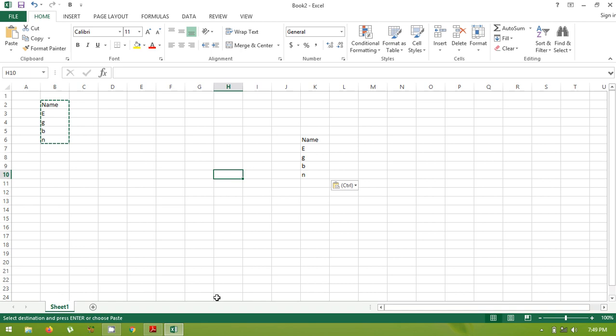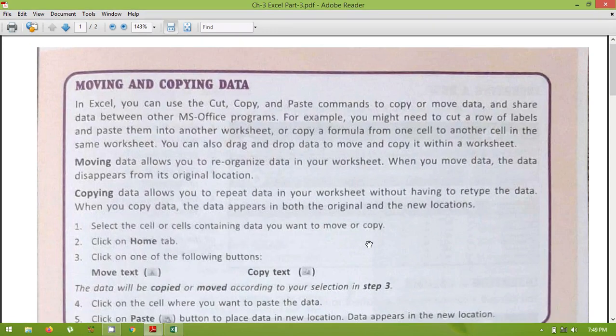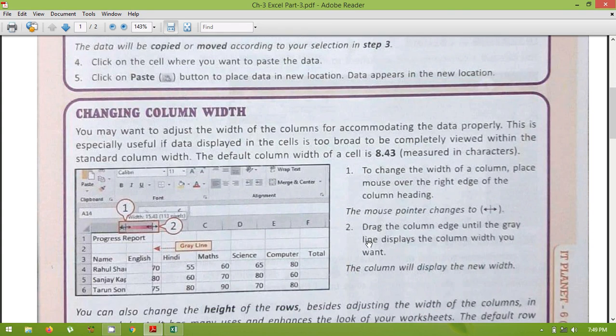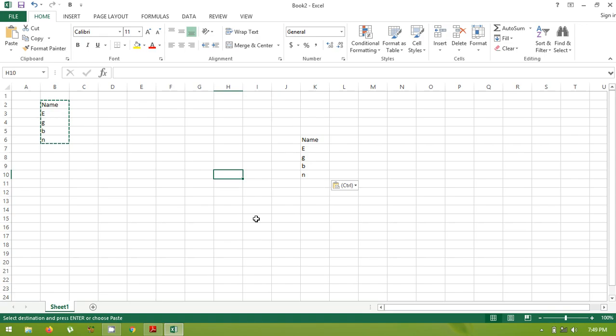The next topic that we are going to start is changing column width. You can change your column width, or you can change your row height as well, according to your data.